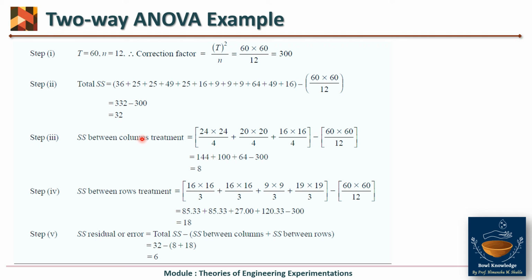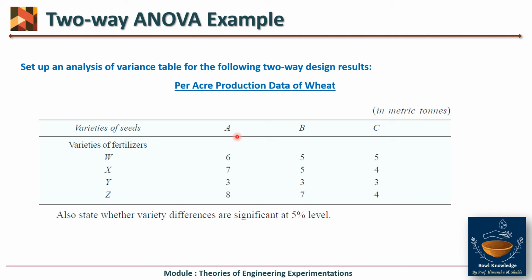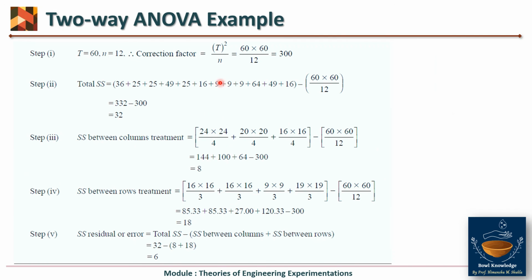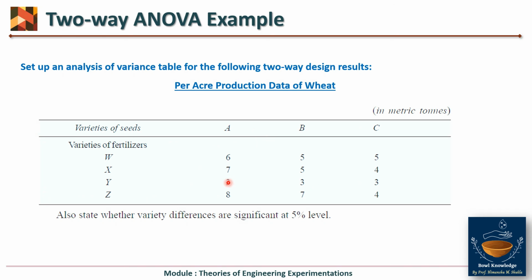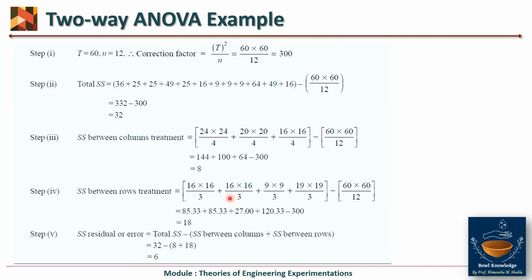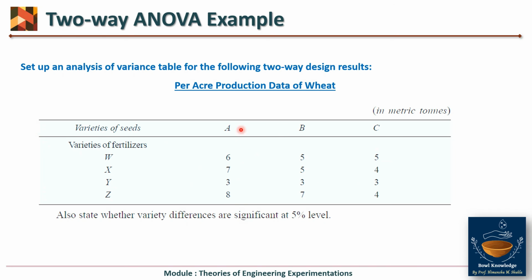Again between columns we have the formula. What was that formula? Square of the reading in, now SS between columns, we are talking about columns. So what are the columns? How many columns are there? Columns are 3. तो हर एक कॉलम के रीडिंग का स्क्वायर, you can see here, स्क्वायर ऑफ रीडिंग इन एवरी कॉलम क्या है, इसका सम क्या है. This column sum is 7 plus 6, that is 13, plus 3, 16, plus 8, 24. So 24 का square. What is column total? It is 24.